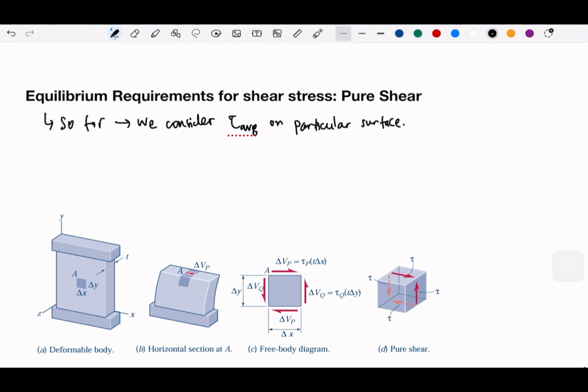So before we move on, we need to take some time to check the requirements that can be satisfied by shear stresses. So if we have a typical shear stress example,